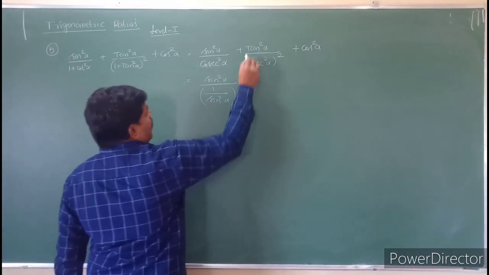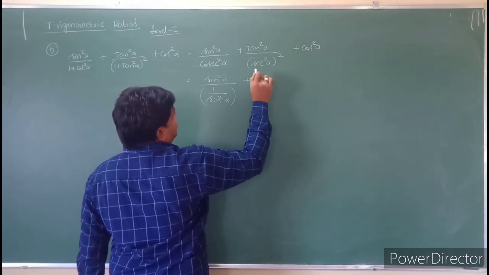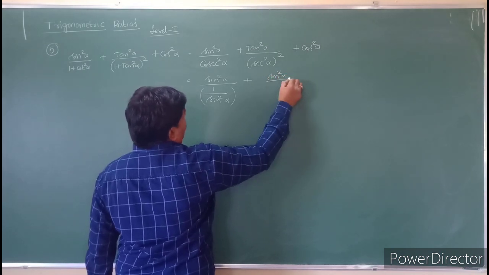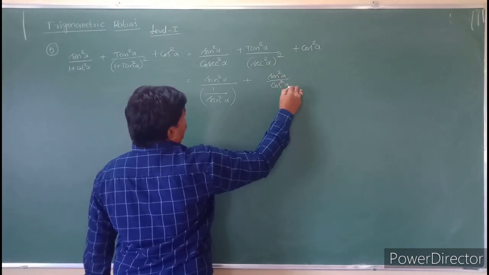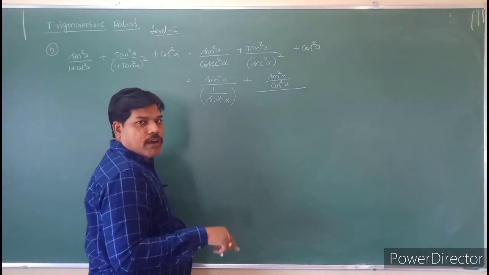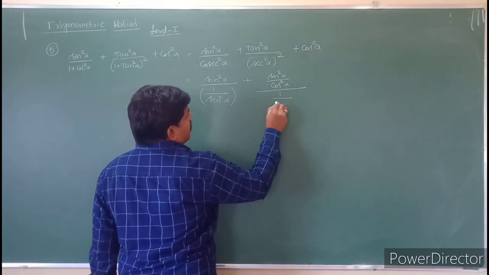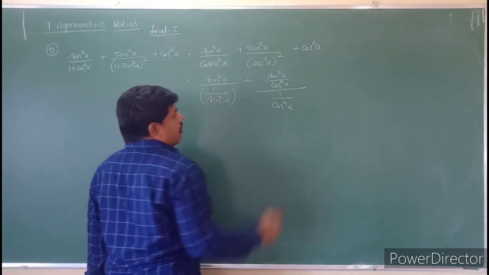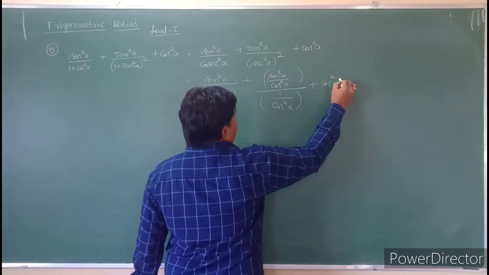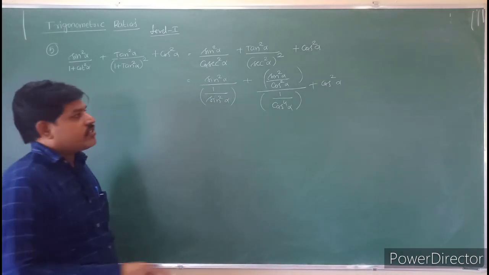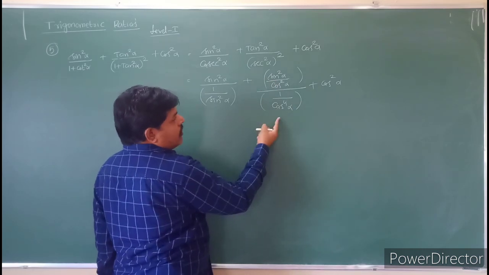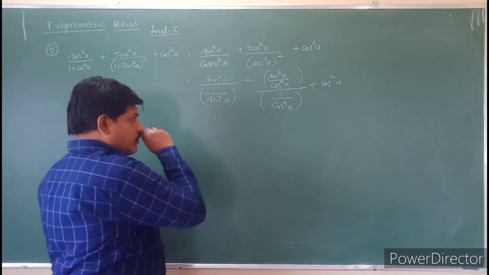Plus tan square alpha. What is the tan? Tan is nothing but sin square alpha by cos square alpha, by, what is the secant power 4? Secant is nothing but a reciprocal of cos, yes or no? So that meaning is 1 by cos power 4 alpha, plus cos square alpha. So tan square alpha I have taken as sin by cos, and for secant square just take the denominator 1 by cos, so cos power 4 alpha. You will get that one.